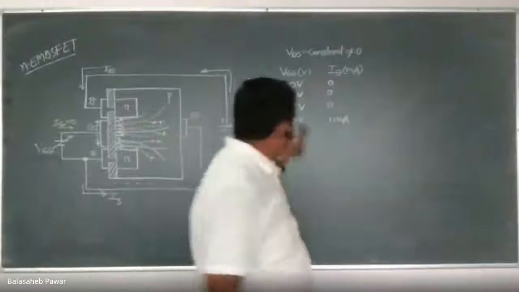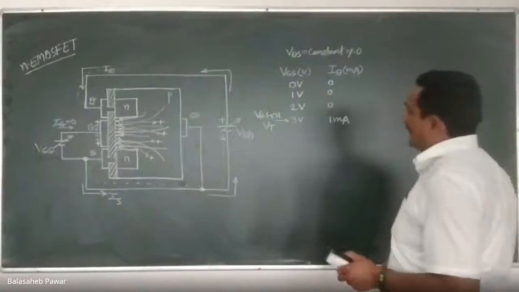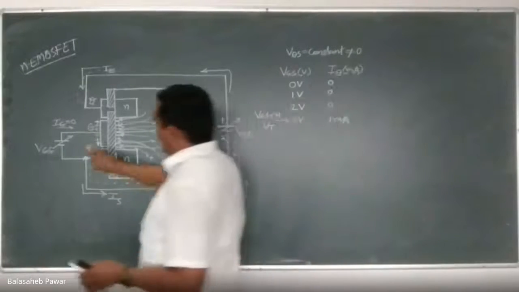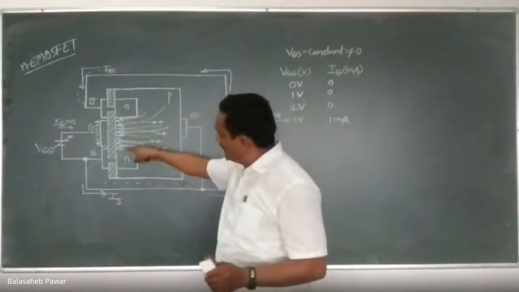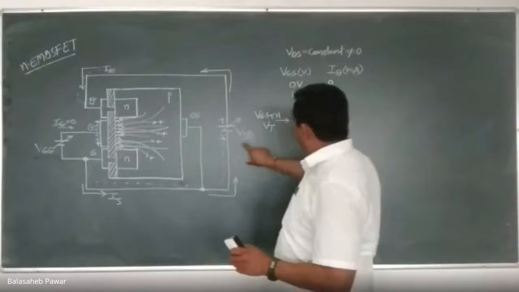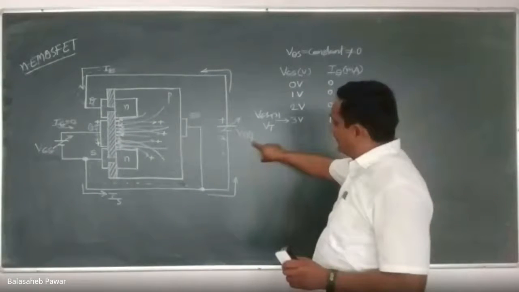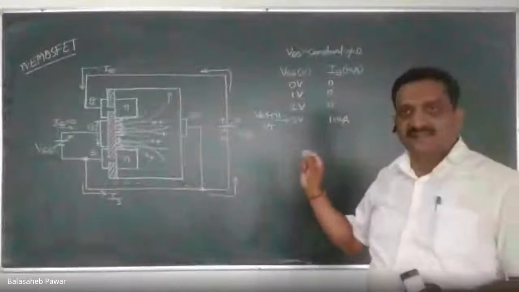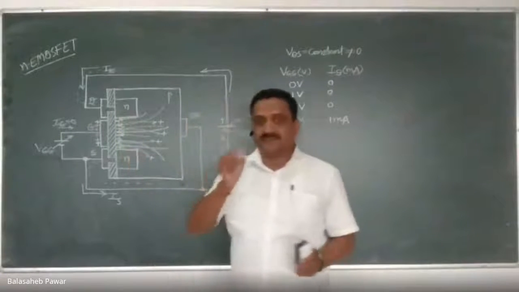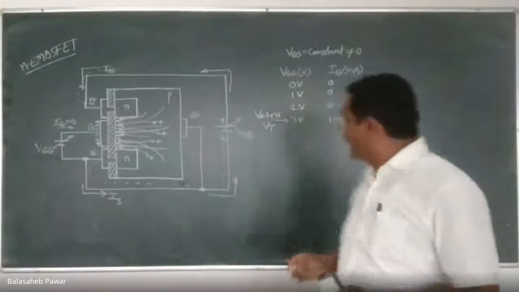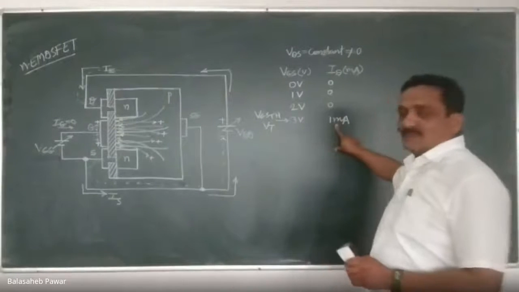So this thing we discussed last time, is it? Now see, if I keep this VGS at 3 volts only, I already told you a thin channel is formed, right? Even if I increase this VDD to some more value, that channel will not allow the flow of more charge carriers because its width is very thin. As its width is very thin, it has the capacity to carry very few charge carriers, and that's why that current will remain very small, is it?